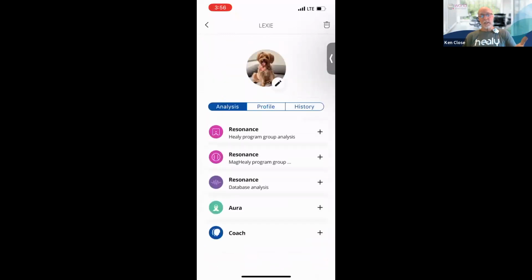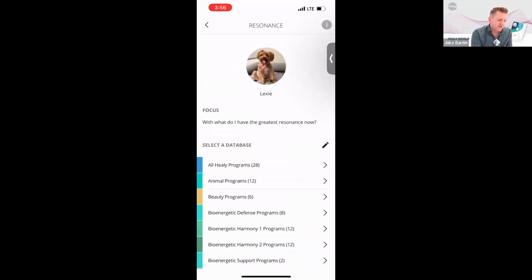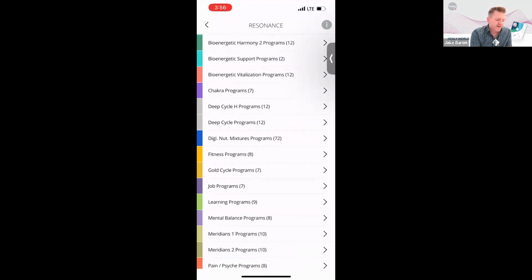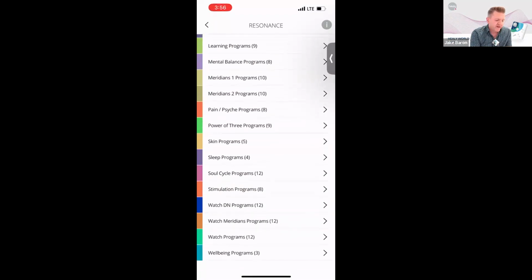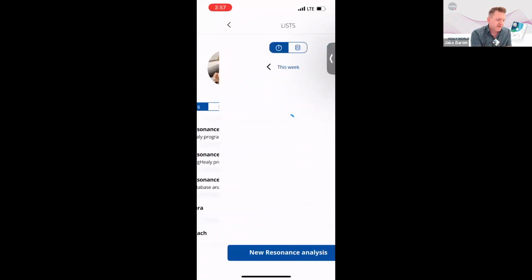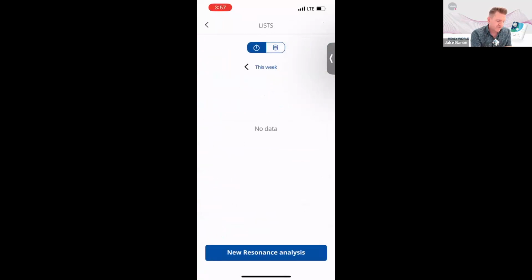So you're doing a scan either through the Healy or through the... Yeah, let's do so. I'm going to click the top one here. And yeah, see, these are all the Healy programs that you would find in the Healy Pink Dot app, that kind of thing. So you can pick those. Again, you can also still pick all Healy programs from within there, but these are the